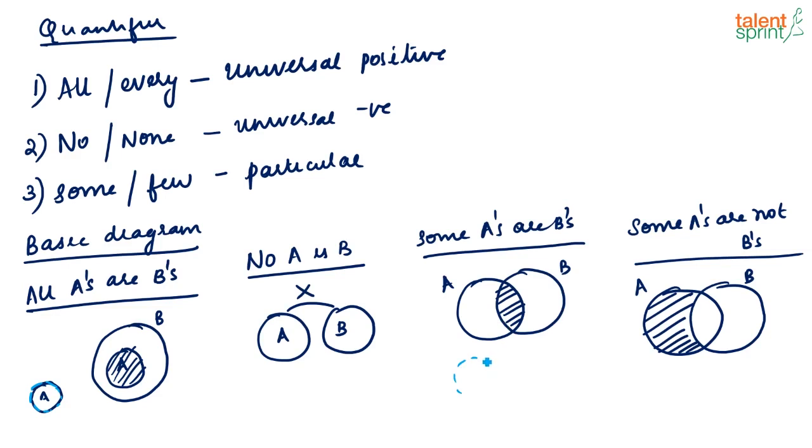Again, when you say some A's are B's, the value of some, minimum it has to be 1 and maximum it can go till all, correct? So it can again be like this also. This is A, and this can be B, again similar to this diagram, correct? You can represent some A's are B's like this as well. So I would want all of you to go back to the video lessons and refer to what the possible cases are for each given statement, and what different ways you can express it.